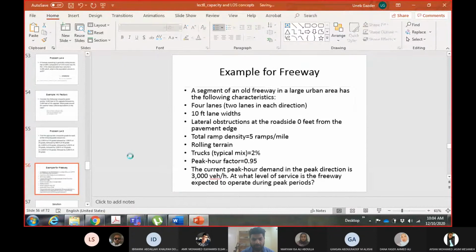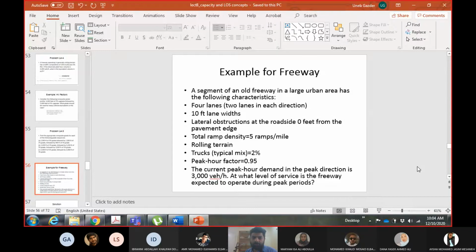Today, as I said, we will be going through some of the examples, which will help you to understand the analysis which we can do with the level of service procedure. There were three types of analysis which I mentioned in the last lecture: operations and design, and service flow rate and service volume analysis. Then we also looked at the concept of having multiple gradients and the adjustment factors. We will try to cover all these things in the coming examples.